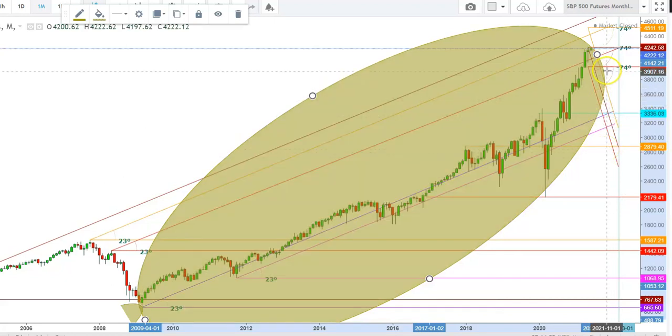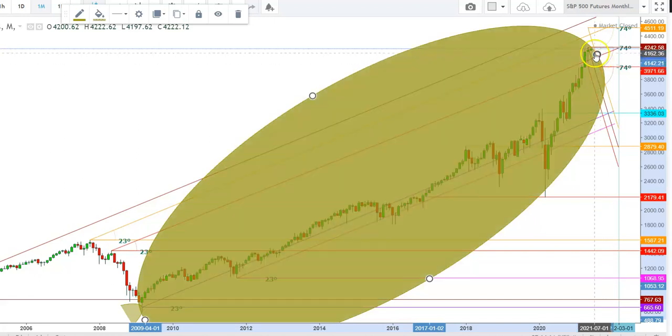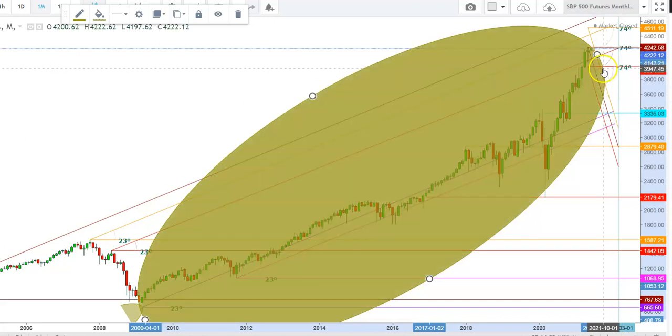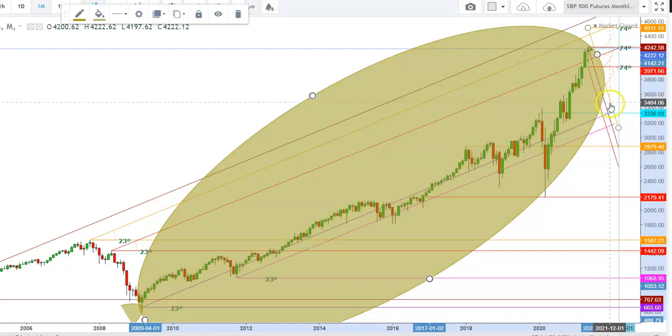A breakdown of S&P 500 futures below the level of 3971 during the month of June will confirm a sharp sell-off from here. So I find that a sharp downward move from the current levels during the first half of this month, if the S&P 500 futures are not able to defend the immediate support at 3971, will see this balloon burst very shortly, and I find that a sharp sell-off can be seen during the second half of this month, which may continue during the month of June and July, when the S&P futures look ready to test the next support at 3336.